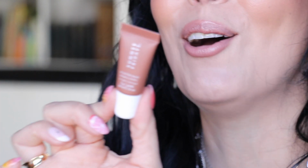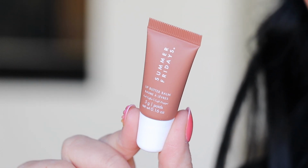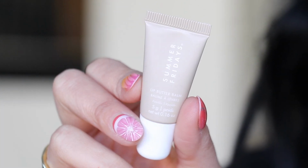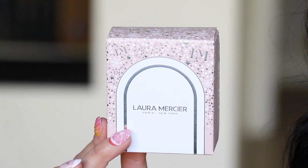I've been loving the smaller versions of things. This is so stinking cute. Girl, look how adorable this little guy is. This is in iced coffee, vanilla beige, vanilla, and brown sugar. I bought 2 of these, so I'm gonna be swatching these on my shorts, so stick around for that. This is the smallest, ma'am. I was not expecting it to be this small, but for $34, you get 3 minis, and these are from